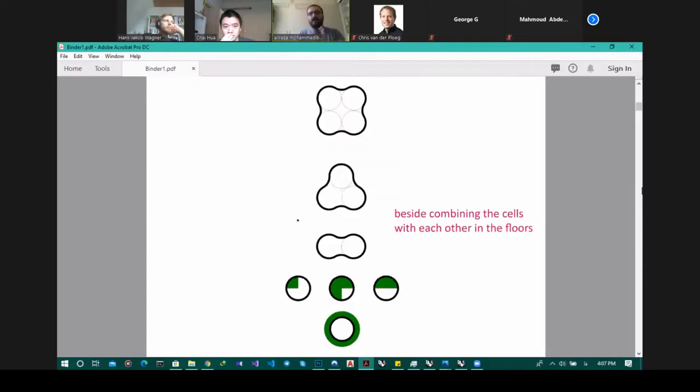Besides that, we can divide the cell into some parts. We can combine the cells with each other too, for having wider spaces for every function that is contributed to that. They can combine in floors with each other on the same floor, or they can combine with each other in different levels and floors, as we see in